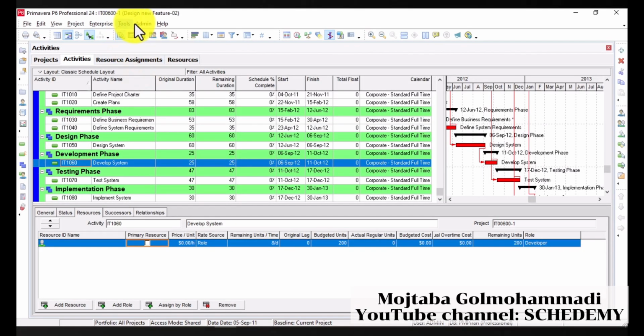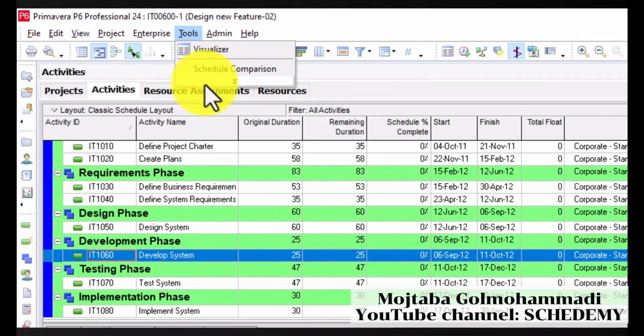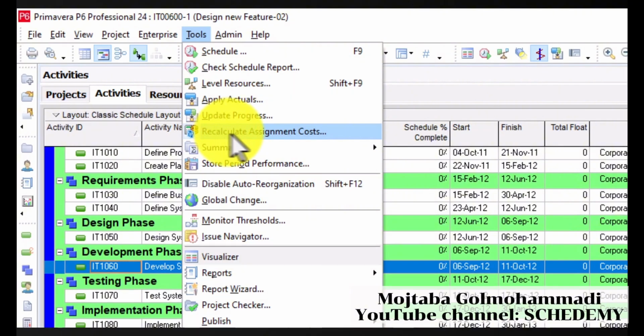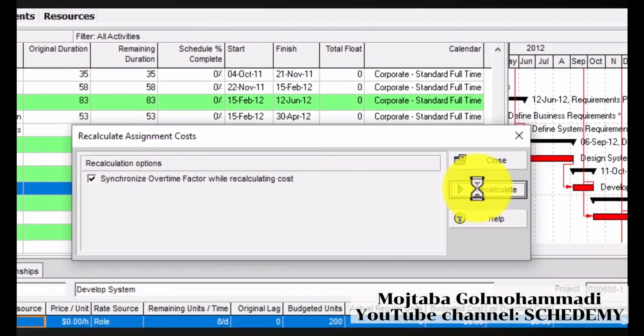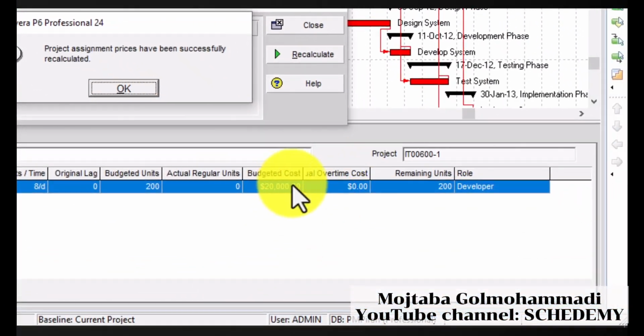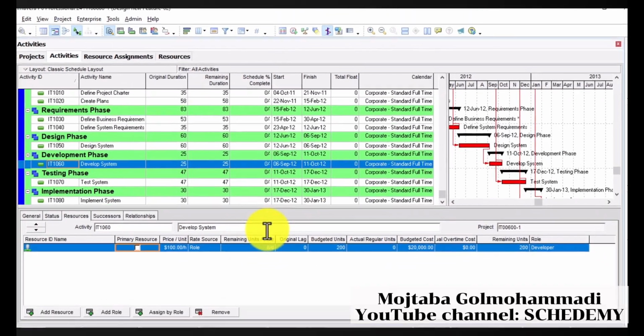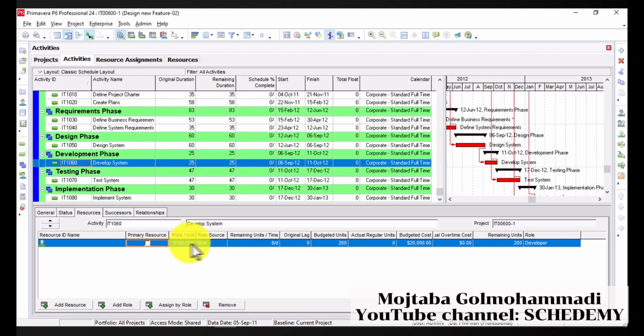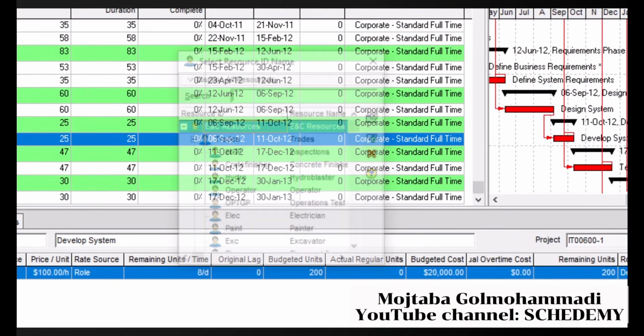Then you have to recalculate your resource cost. From here, you can recalculate assignment cost, and then press reschedule and press OK. And as you can see here, the budgeted cost is calculated. Now, when my information is more complete and I know who will actually work on it, I assign the resource